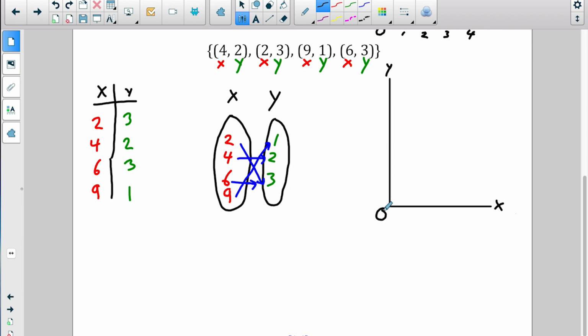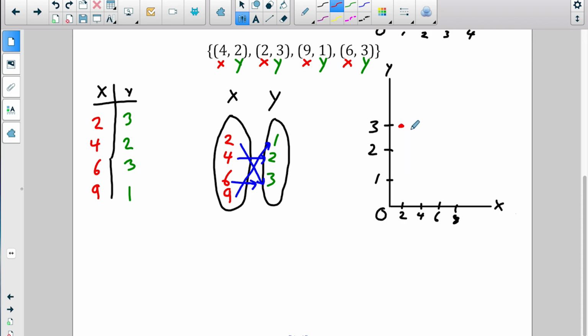I'm going to start off with a 0 at the origin. And then let's decide to go up by 2s. So 2, 4, 6, and 8 along the bottom. Then along the side, let's go up by 1s. 1, 2, and 3. So plotting our first point, we know we've got 2, 3, which is going to be